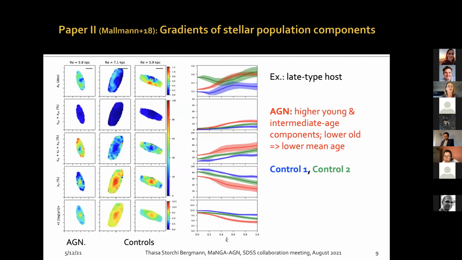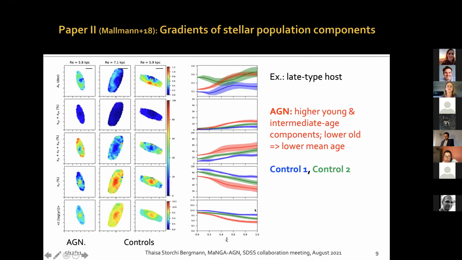So one example of this study, we show the distributions of the percent contribution to the light at 5,500 angstroms. So the young population, the intermediate age, and the old population, besides the reddening and the mean age. So one example for a late type host of an AGN, we show here the AGN in red. So this is the distribution to the left, and to the right, we made an average gradient,